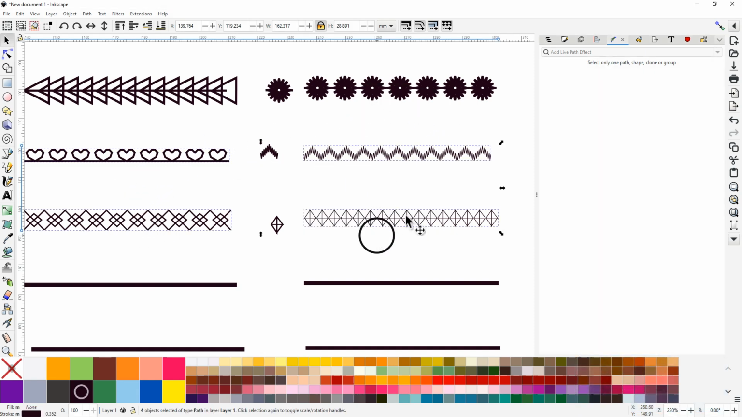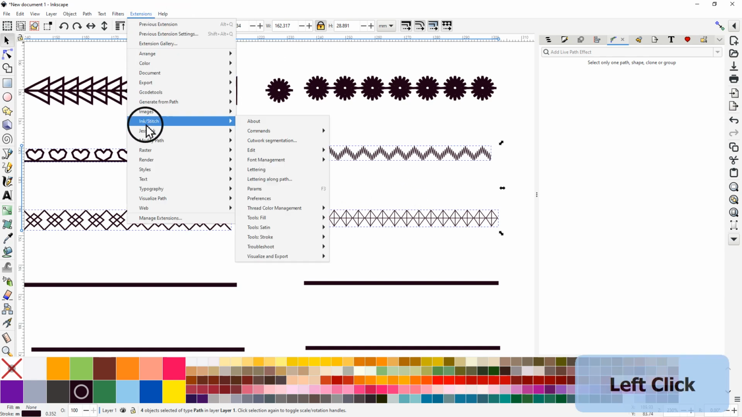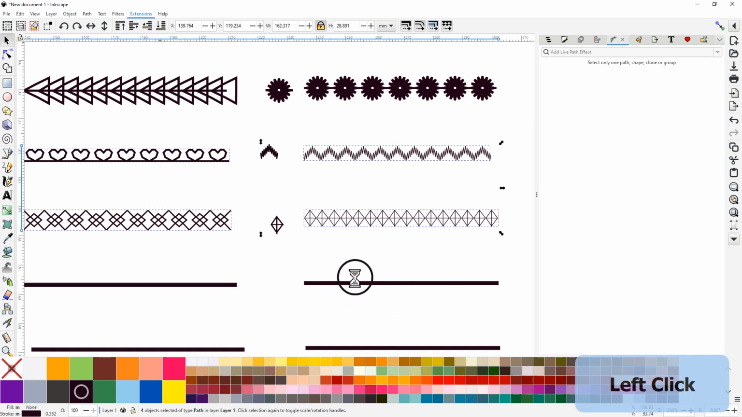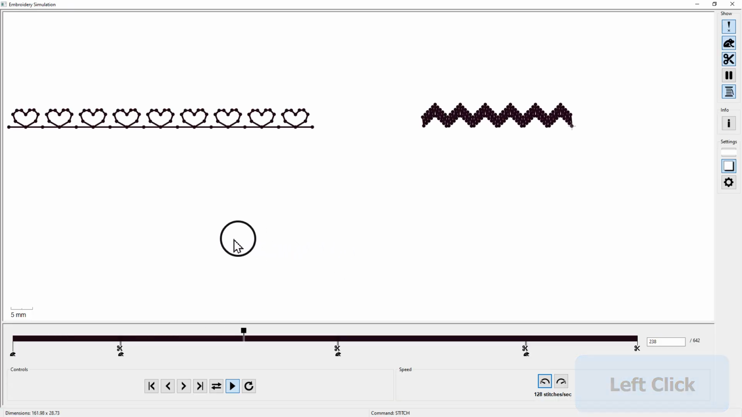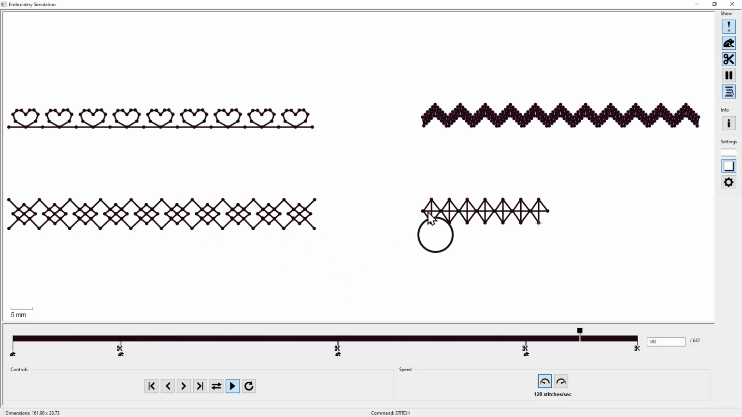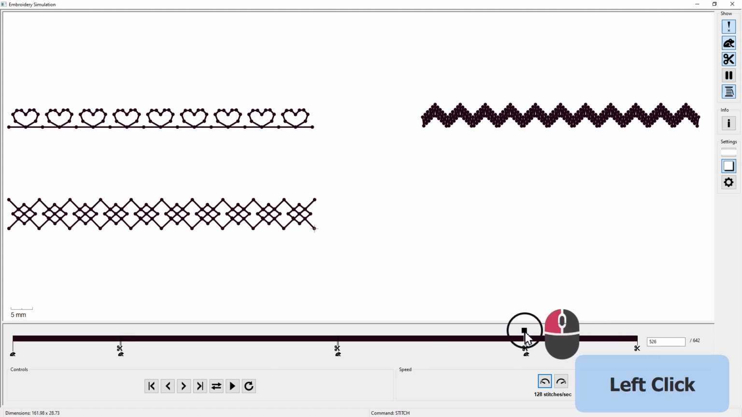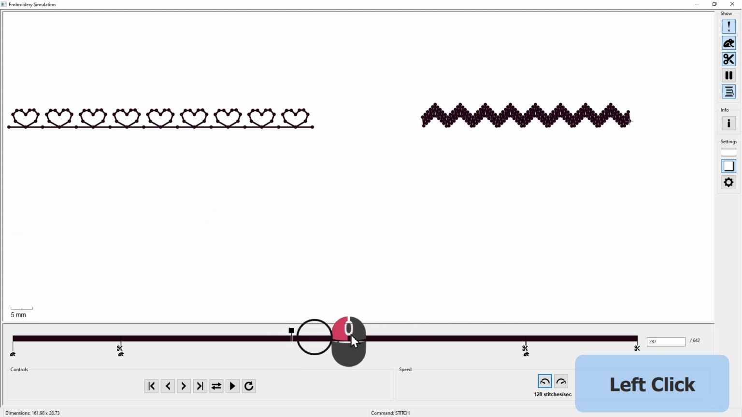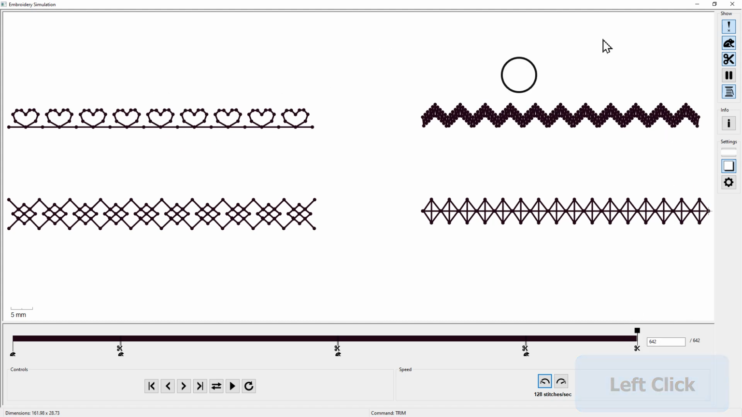I still have all these four objects selected, and then we can go Extension, Ink/Stitch, Visualize, Simulator, and there you can see how the stitch out is. As you can see, between the objects there are no jumps in between, and some of the objects you can also, I should show that yet,